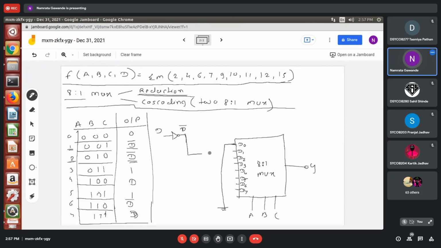So D1, and here also D2. Now 1 means 3. D3 should be connected to VCC, meaning logic 1.